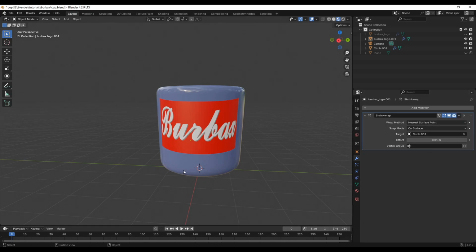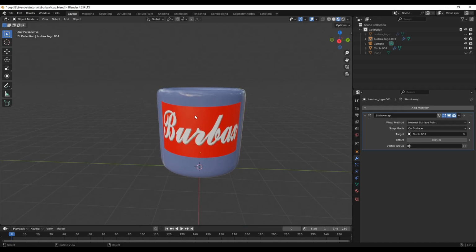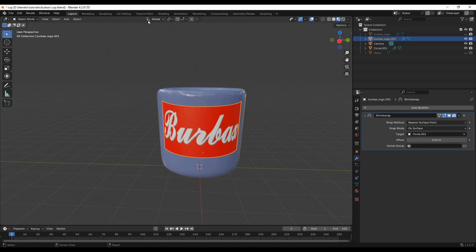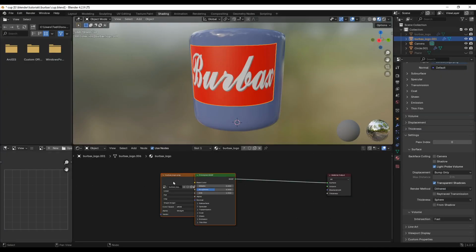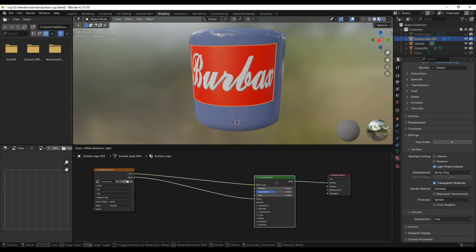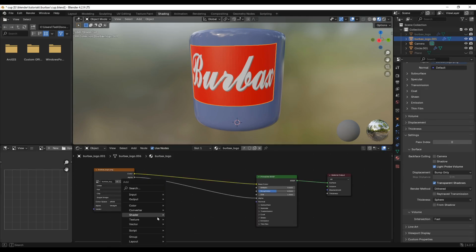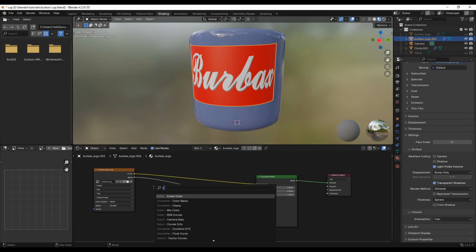One more thing, another tip is, if you don't want the background, the red color in this case, and if you want to keep just the text, for instance, we can do that also. Select it and then go to shading, and let's add color ramp node,